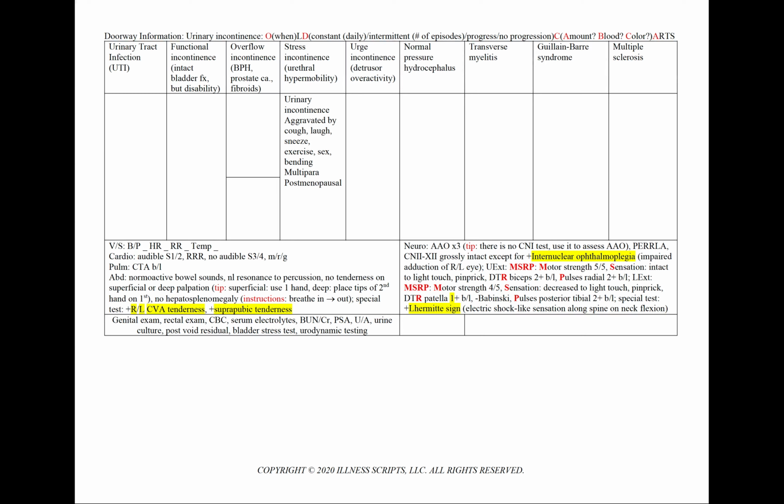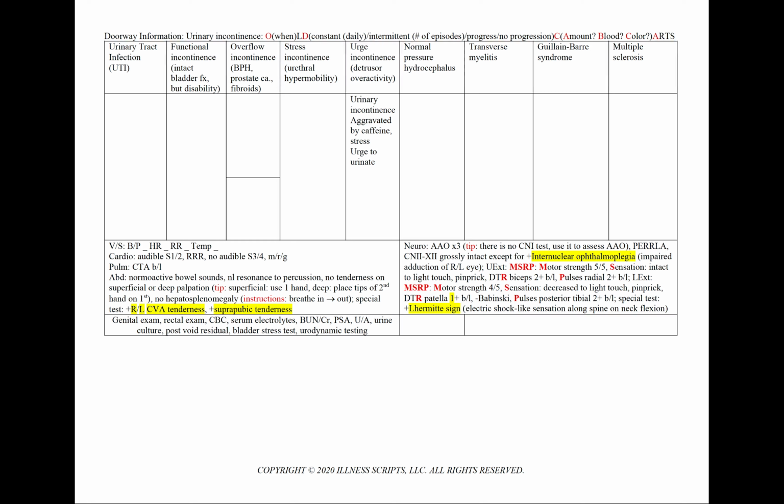In stress incontinence or urethral hypermobility, we'll see urinary incontinence that's aggravated by coughing, laughing, sneezing, exercising, sex, or bending. Classically, our patient will be multipara and postmenopausal. In urge incontinence or detrusor overactivity, we'll see urinary incontinence that's aggravated by caffeine use or stress, with the urge